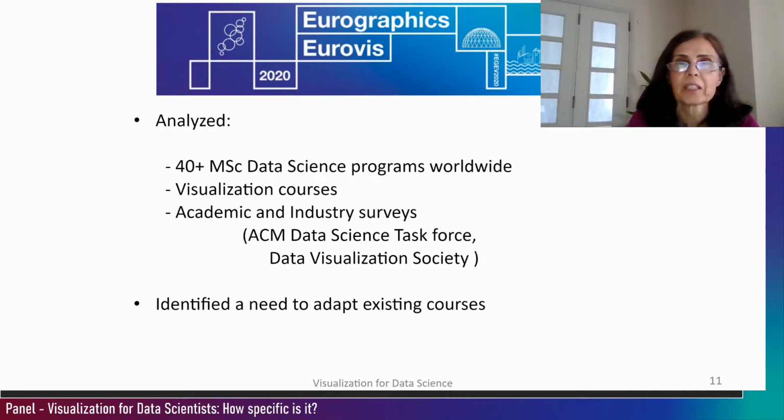So in order to get some insight on the current offer, we analyzed 47 MSc programs in the field of data science, which are lectured in English worldwide. We also analyzed surveys about visualization for data science to companies and to data science programs. And it was interesting to notice that most participants of the Visualization Society survey were self-taught about visualization. Then we looked for information concerning existing visualization courses in data science programs, and we identified a need to discuss some issues. So that is why we invited our 4 panelists who have all been actively involved in visualization education